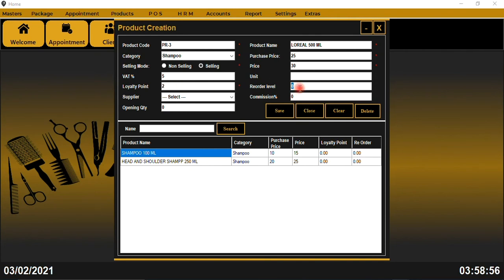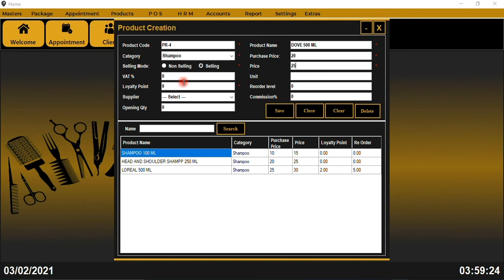So it's just the general category which I'm creating for products of shampoo, cream, or anything which you're buying from the vendor. You have to just create, and you can even put the record of the commissions to be paid to your staff when they are selling these products. So different things with supplier, loyalty point, everything is mentioned. So here I have taken 3 items. First I did Head and Shoulders, L'Oreal, and now I'm doing it with Dove.